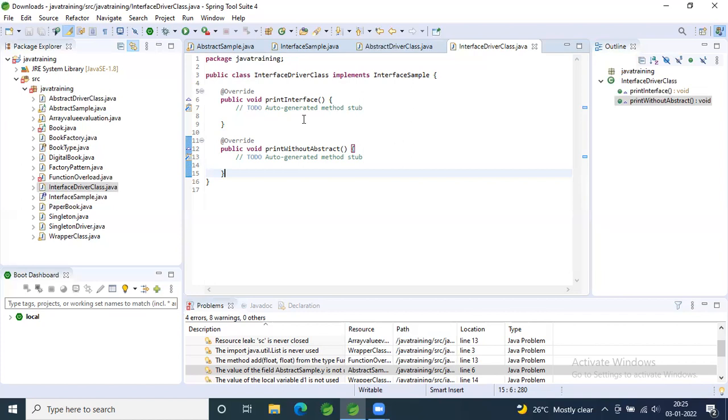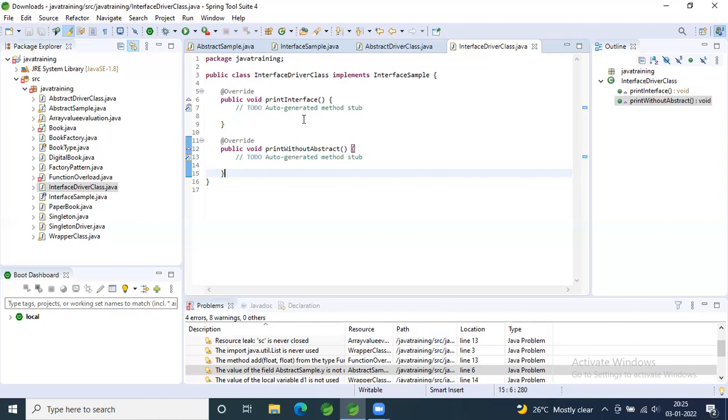Neha, can you tell once more what is the main difference between interface and abstract? If you have some kind of common code, for example in iPhone 11, 11 Pro and 11 Pro Max, my way of displaying the screen or the font of the content I'm going to display is similar. Whereas in iPhone 11, 12 and 13, the font is different. So if there's a difference in all three child classes, I'll go with an interface. If all three child classes have a similar piece of code, then I'll go with abstraction.